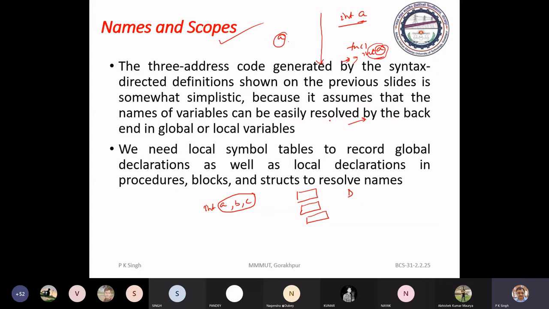There are several ways how data is implemented onto the machine. We will discuss that. So we have to generate instructions to perform such type of allocation. This is the duty of the compiler.